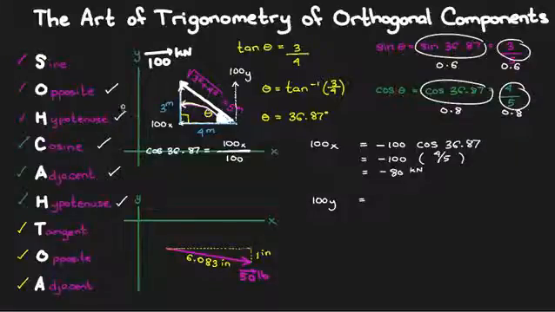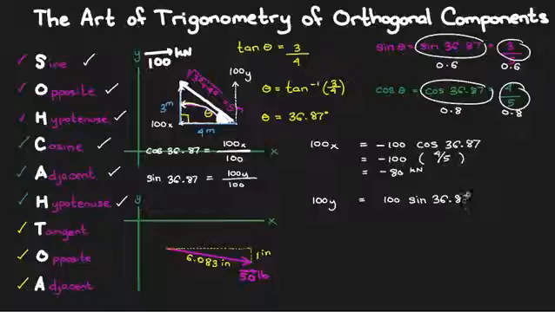I know the hypotenuse, therefore I must use sine. Let's write this down. Sine of 36.87 is equal to the component that is opposite of the angle, which we called 100 subscript y, over the hypotenuse, which is 100. So if we're interested in the y component, don't I just multiply 100 times sine of